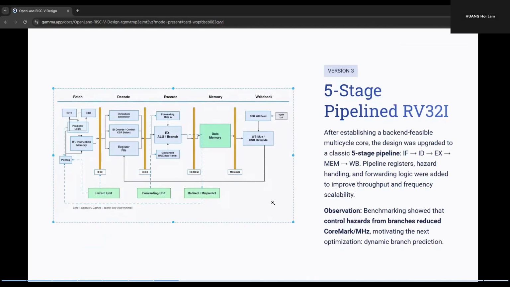And to further achieve a higher frequency and also a higher performance, I improved the microarchitecture to a 5-stage pipeline version. The 5 stages are instruction fetch, instruction decode, execution, memory, and write back. And you can see in this architectural diagram, there are 4 pipeline registers. So it is a 5-stage pipeline, and this improved the throughput and frequency